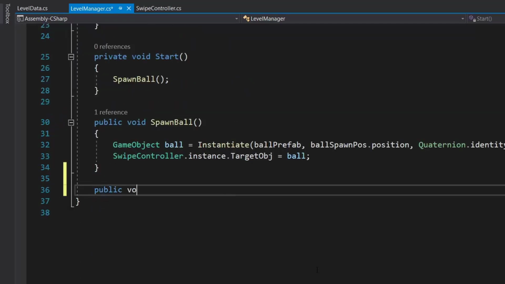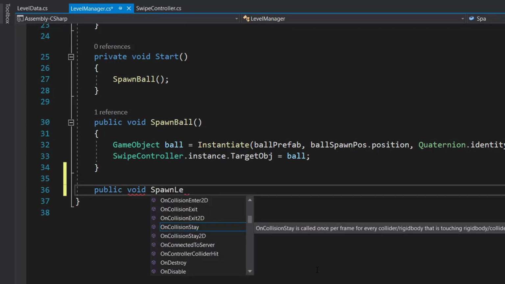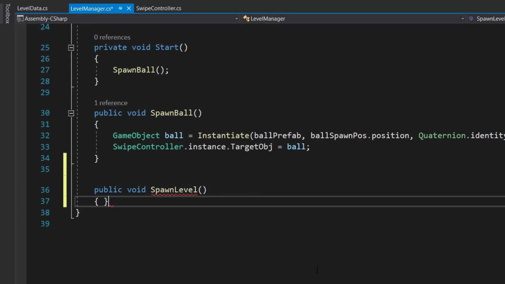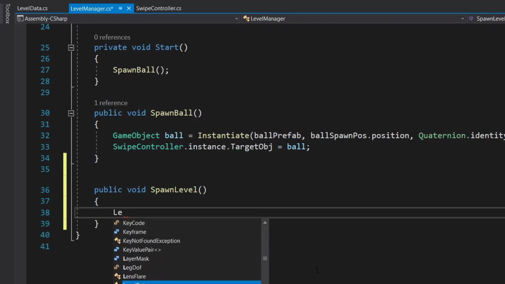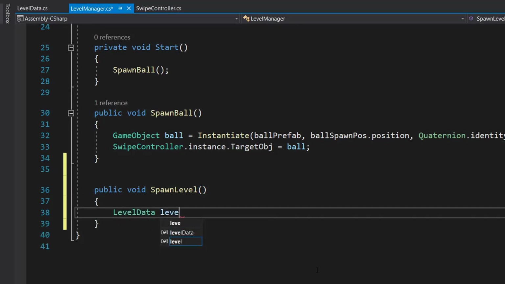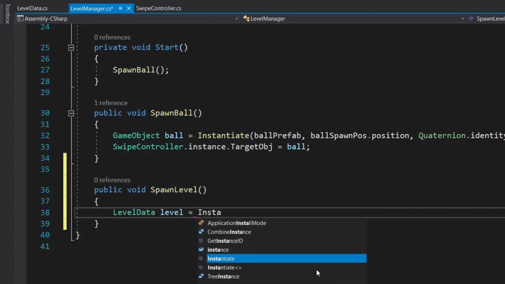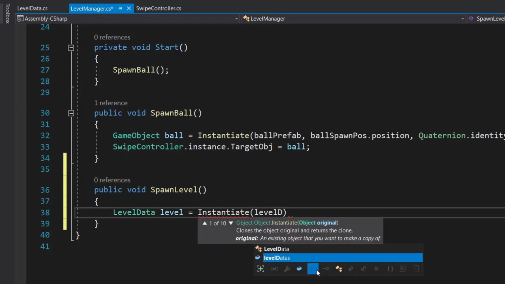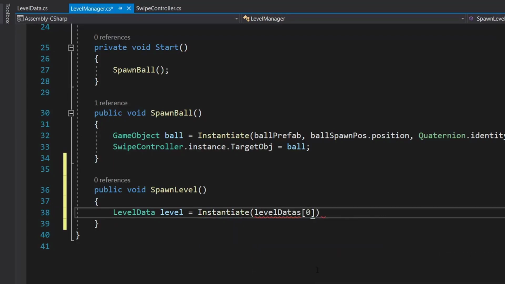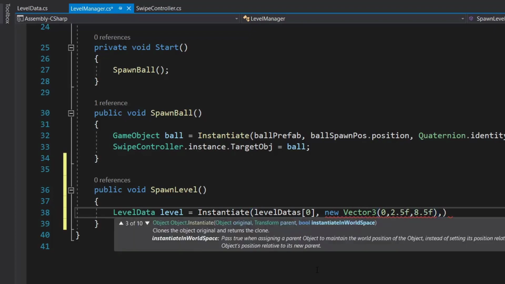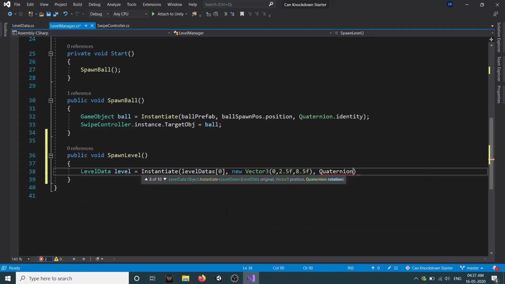So here we will create a new method called public void SpawnLevel, and in that we will create a LevelData variable called level, and we will instantiate our first level from our LevelData array at a position of Vector3. X will be 0, y will be 2.5, and z will be 8.5. Our rotation will be identity, which is what the prefab has, and we will get the LevelData component.